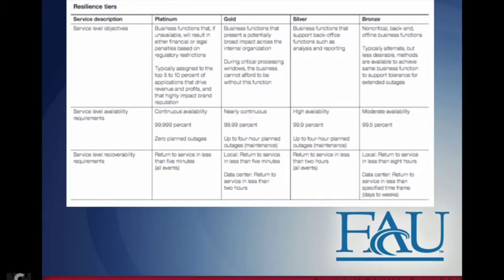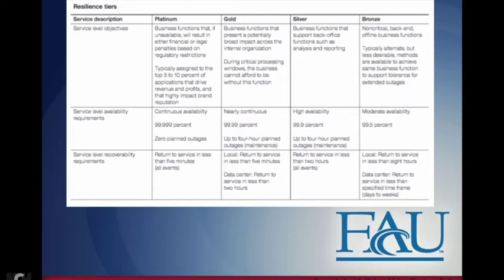But there are certain business functions like payrolls, for example, that need to be up and running within days. If you have, say, a school district with thousands of teachers, and there's a major disaster, the teachers still need to be able to get their payroll,